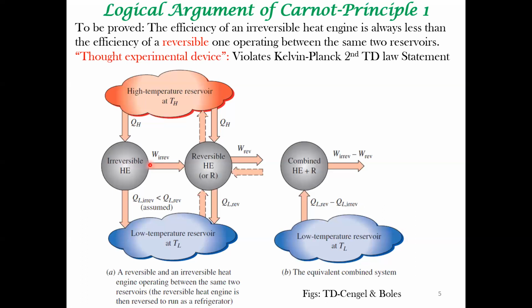Then imagine another heat engine. Again, you are getting the same amount of QH, but a different amount of heat is being rejected, because if you get more work, again by first law balance, you can connect the work of a reversible heat engine to QH and QL reversible. So this connection can be made by first law.